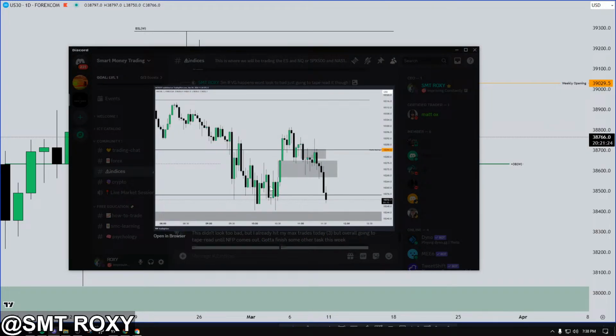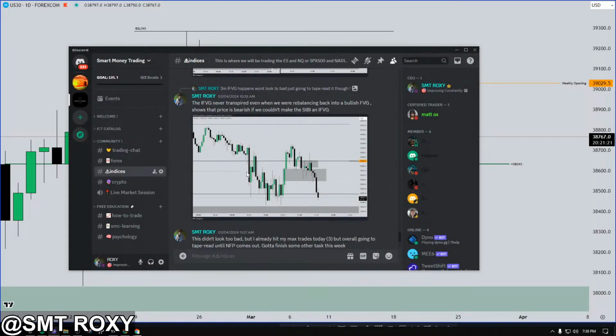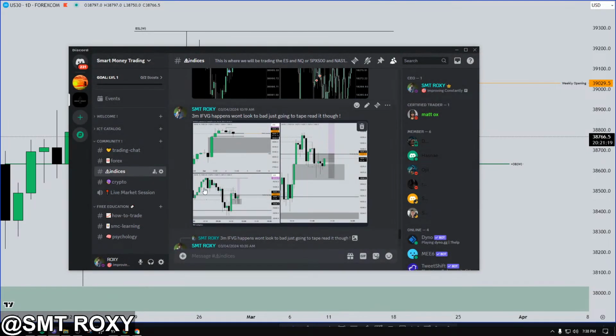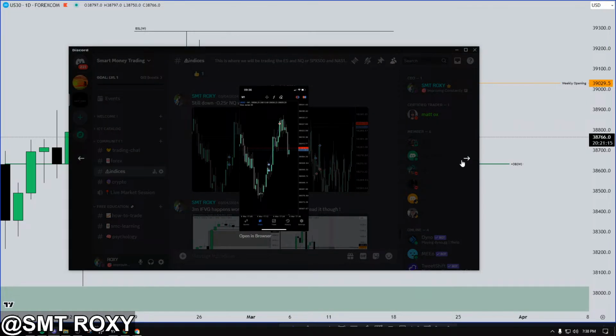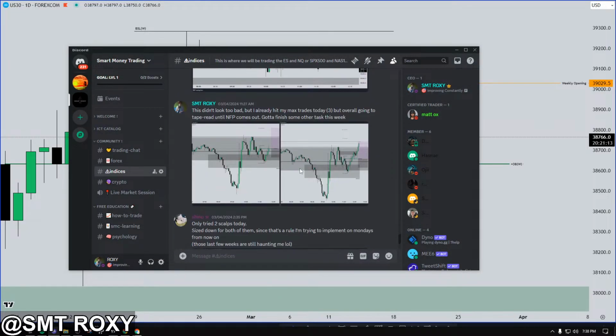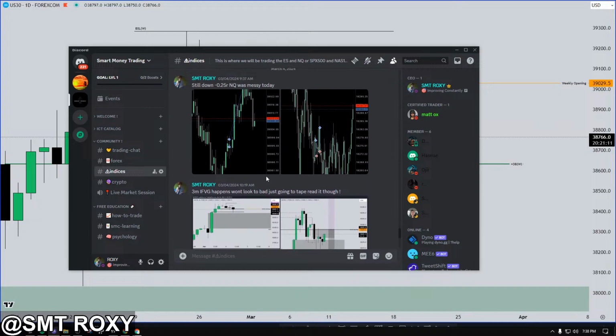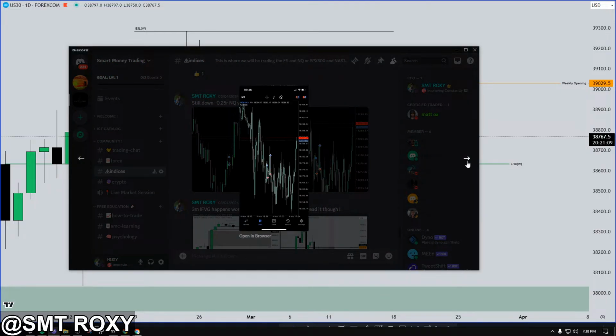NQ, this is NQ. I was trying to trade this right here. I was like, yeah, let me step away from that right there. Yeah, I got wrecked. And then this didn't look too bad on NQ. And then this is the Dow Jones trade. That's kind of why I didn't take a trade. I remember, I was like, all right, hold on. I already took three trades. I took 2 on NQ right there. You can see we tried to take buys. We got wrecked twice.